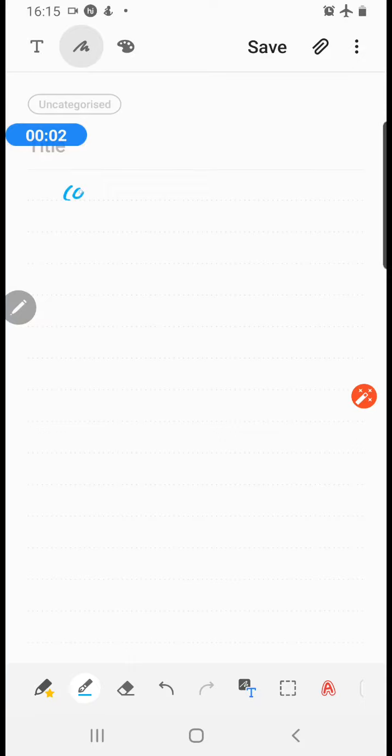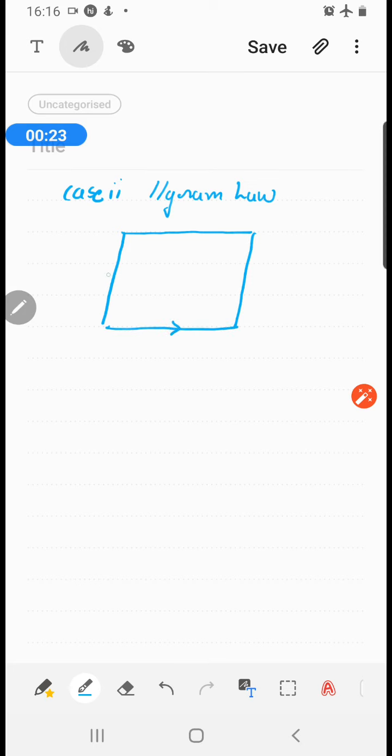Let us discuss case 2 of addition of vectors, that is parallelogram law. Now this law you might have used in physics, where they have stated that if any two adjacent sides of a parallelogram are added, then their resultant is the diagonal starting from their point of intersection. So if I name this as A, B, C, D, okay, so if quadrilateral ABCD is a parallelogram,